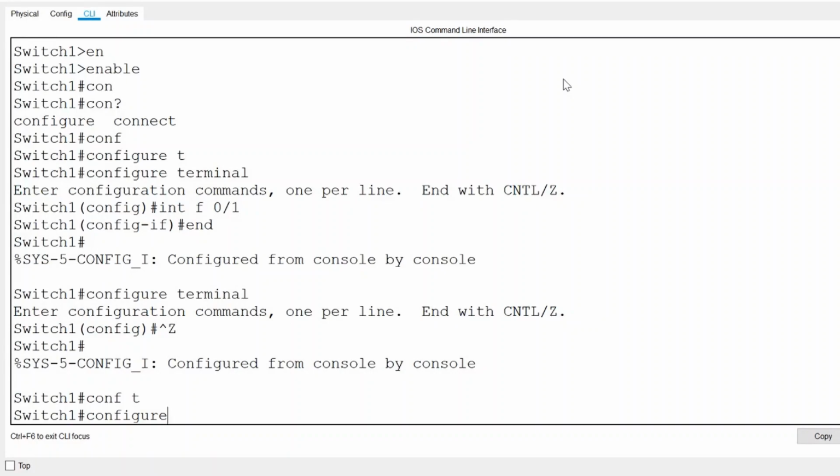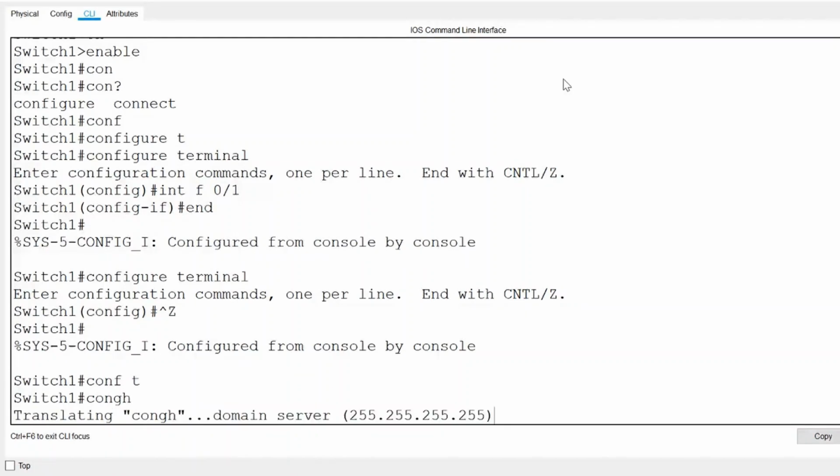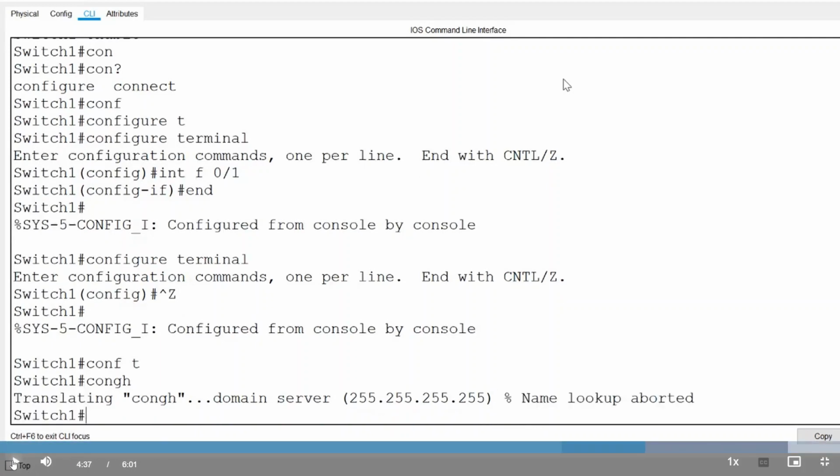Control+Shift+6 is another useful key combination. This sequence will interrupt the execution of a command after the command has already been entered. Let's say, for instance, I mistype the command configure and press enter on my keyboard. The iOS is trying to translate the letters that I typed into an IP address. So instead of being stuck in this situation, I can simply press Control, Shift, and 6,